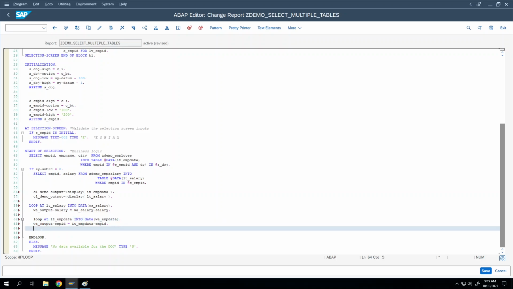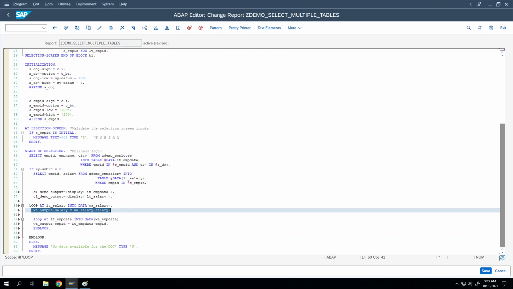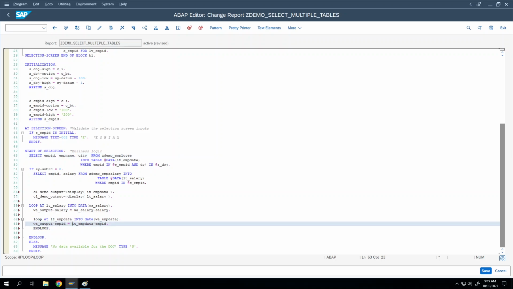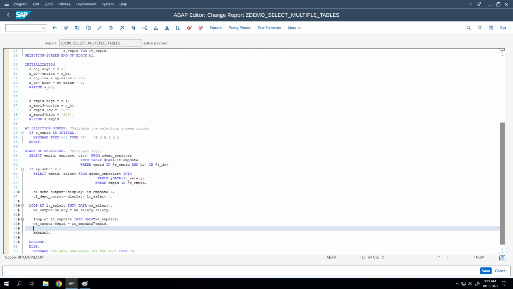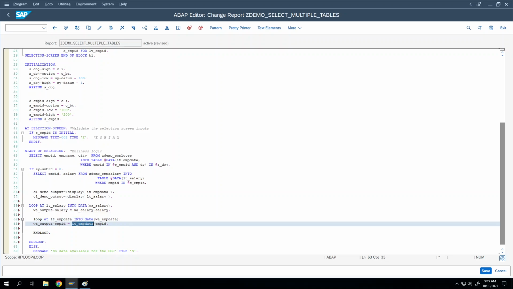So there will be a dynamic work area. The salary data also contains employee ID details, right? Yeah, you're right. You can also populate employee ID here, but the name is not available in salary data, right? So we need to loop it. Yes or no? Okay. And within the loop, we use this work area to populate the